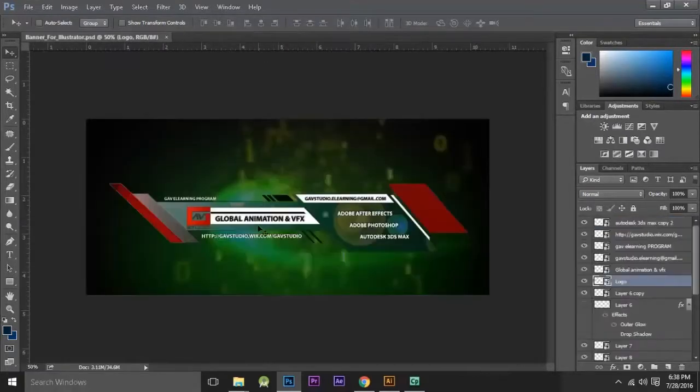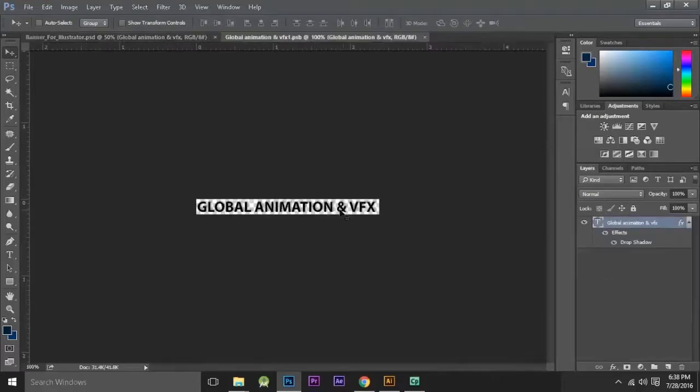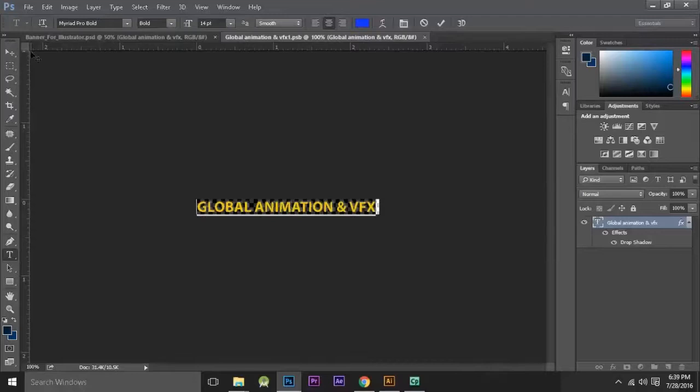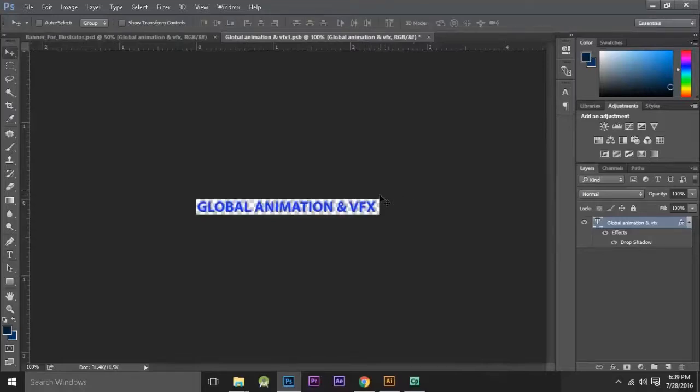Now I'm going to change the text layer. So select the text layer and double click. Now I'm going to change this text layer to slightly blue. Okay, so this layer is changed.